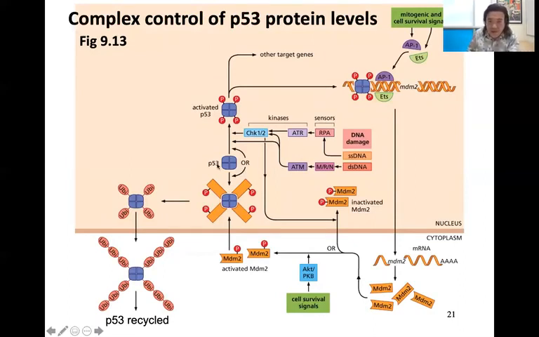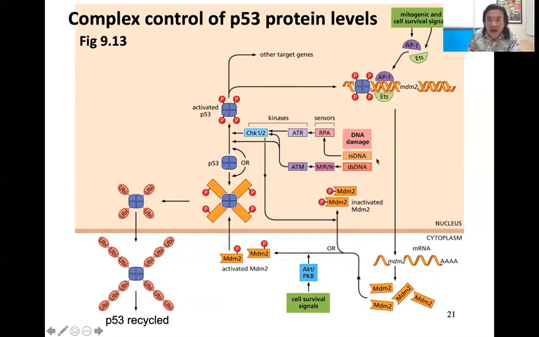So here we have the p53. This builds on the cartoon that we looked at in the previous slide. The p53 normally gets acted upon by MDM2. And this is a little confusing, but in order for the MDM2 to work, it itself gets phosphorylated just to activate it. So the activated, or phosphorylated, MDM2 is able to bind to the p53. That results in the p53 being ubiquitinated and degraded.